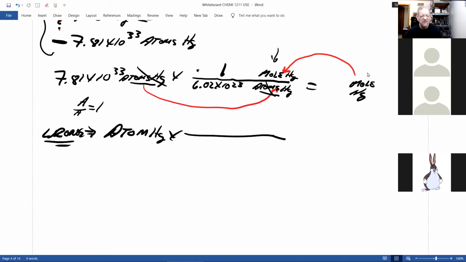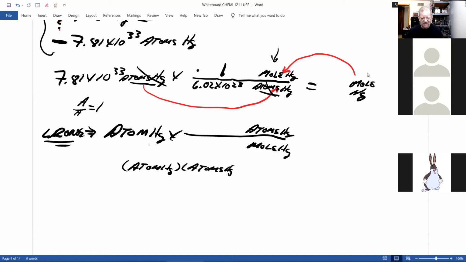And say you use the ratio this. How do you know this is wrong? Because when you do the multiplication, you have atoms, just the units, forget about the numbers, times atoms